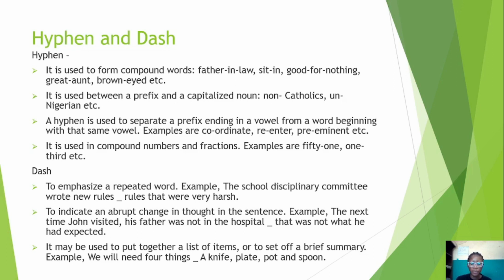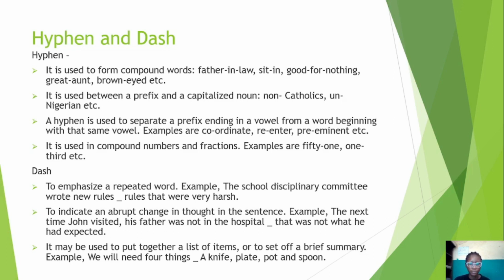Some of these compound words have an adjective or a preposition in them, like father-in-law. So we have a hyphen after father, and a hyphen after in. Sit-in, good-for-nothing, great-aunt, brown-eyed,